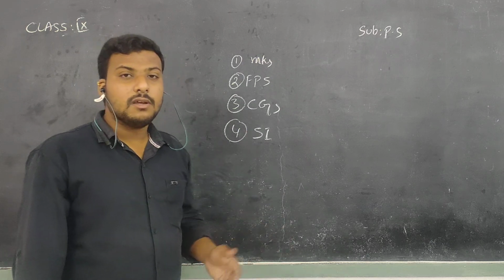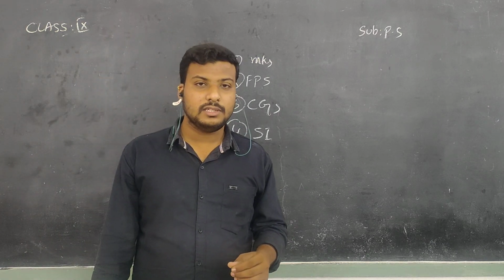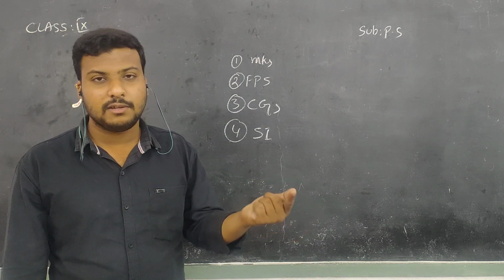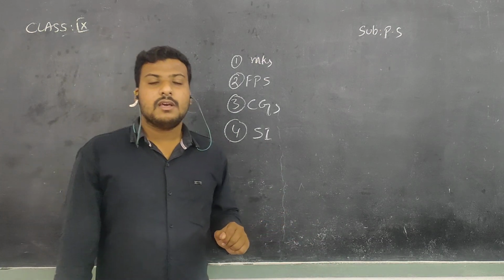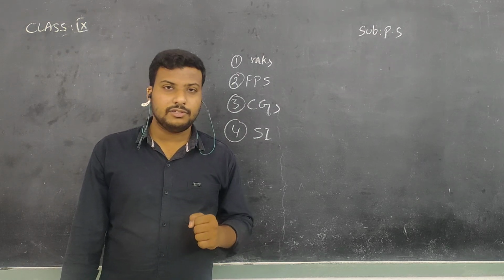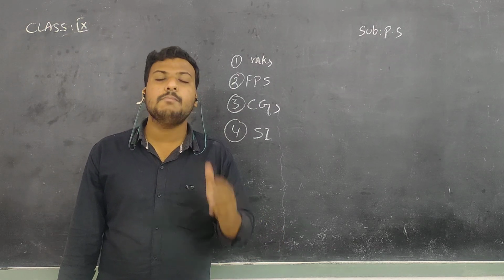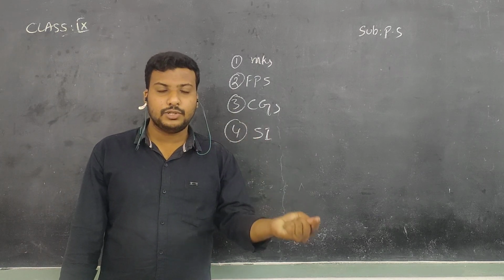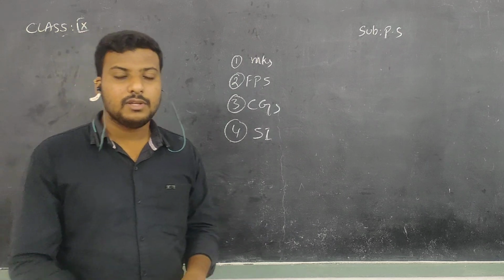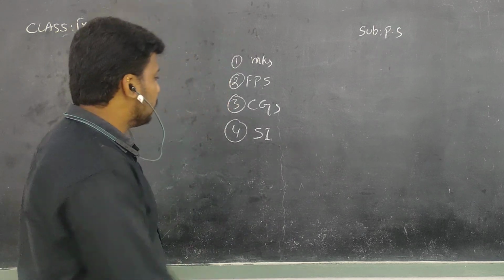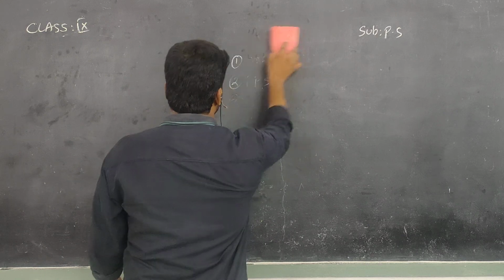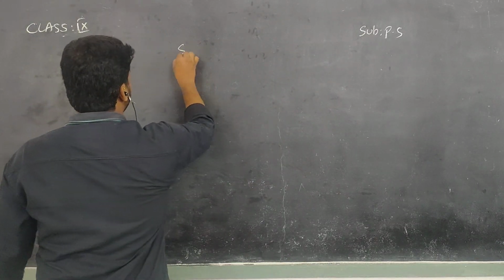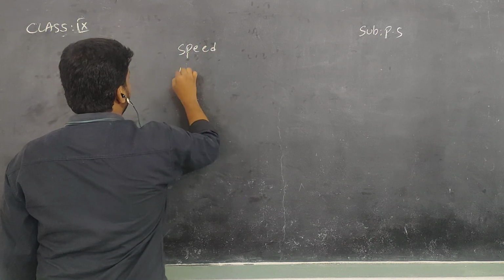We discussed there are two kinds of physical quantities, scalars and vectors. A scalar is a one dimension magnitude and a vector is a 2-dimension magnitude. Scalar means having only magnitude, but a vector has both magnitude as well as direction. In today's class, we are going to look at two physical terms: speed and velocity.